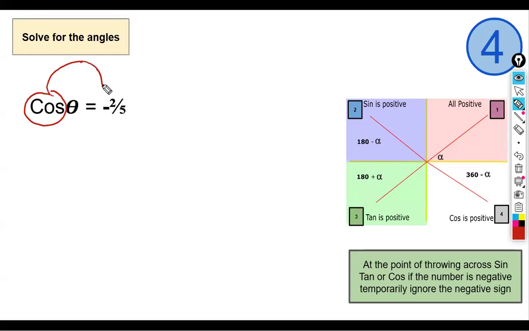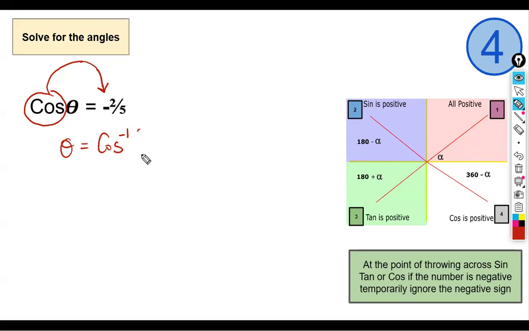So when you throw across the cosine, you get what? Cos inverse. But wow, look at this. When we throw it across, we realize it's negative 2/5. We should ignore that negative sign, right? So cos inverse,